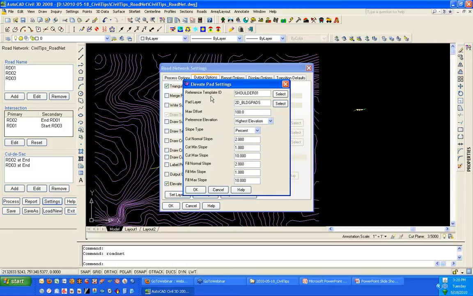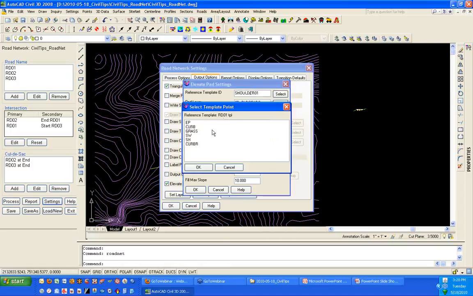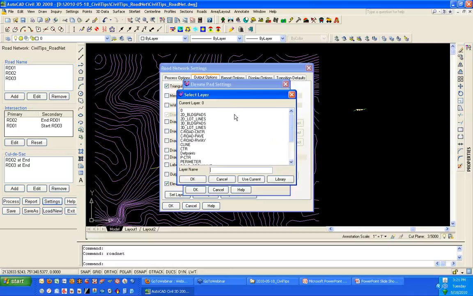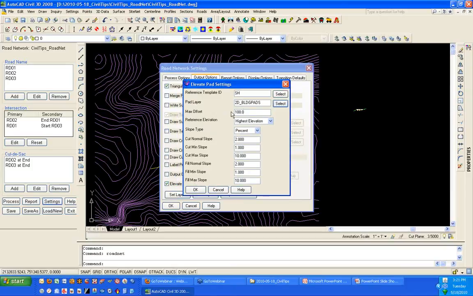This allows me to set the pad elevation based on a point from my template. So again, I'm going to pick Select, and this loads in all of the template IDs that I had from my template. I'll pick OK. So I'm going from the shoulder point. The pad layer, so all of my 2D building pads are on that layer. Maximum offset set to 100. So any polylines within 100 feet of my shoulder point that are on this layer